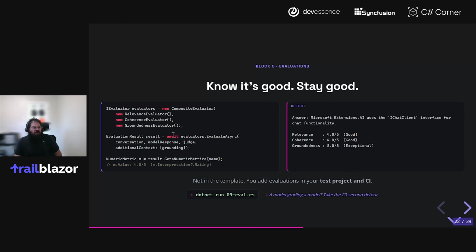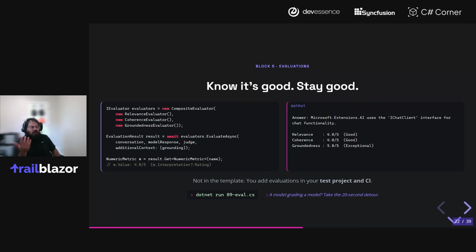You have the response from the model, and then you have a judge. So effectively, you're leveraging another AI model. Typically, the recommendation here is that you wouldn't use one of the smaller models. For example, if you're using Claude, you wouldn't use Haiku, or you wouldn't use one of the mini models to be the judge.